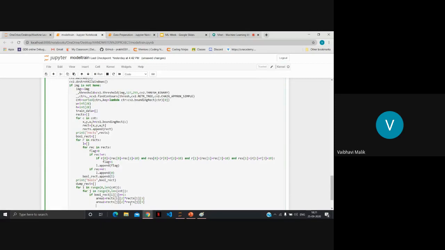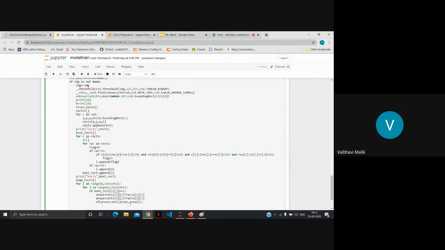Now we have to take the rectangle with the maximum area of them. So we will take the rectangle with the minimum area and insert it into the dump array as we are going to dump that rectangle.